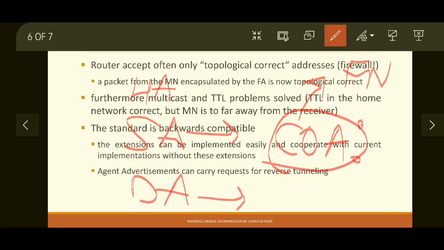Now the foreign network does not need a multicast backbone, because multicasting is still supported by the home network, and it has to just decapsulate the packet sent by the foreign agent.